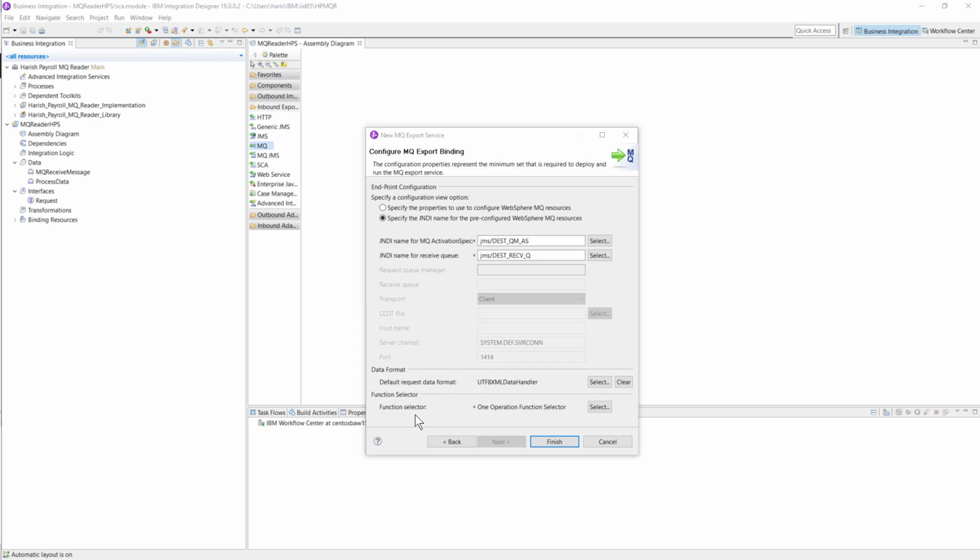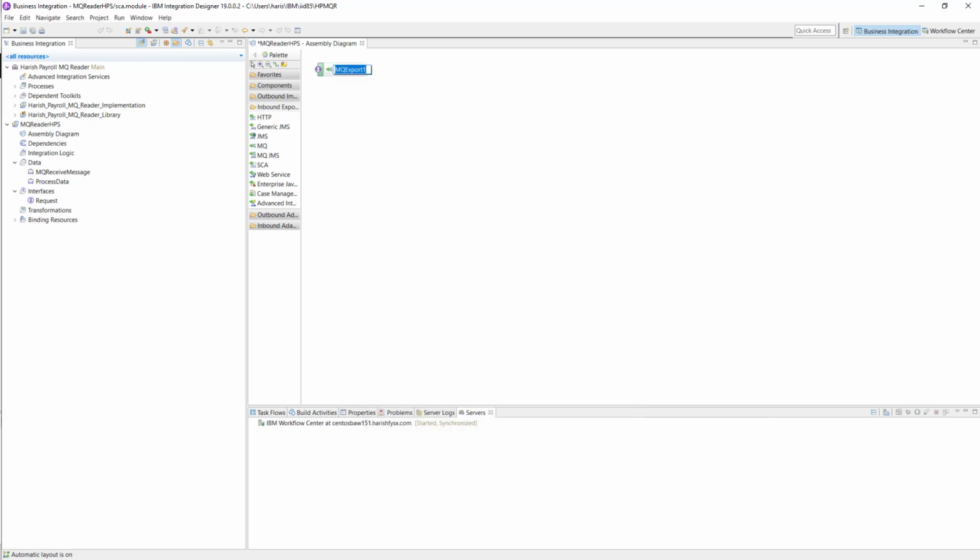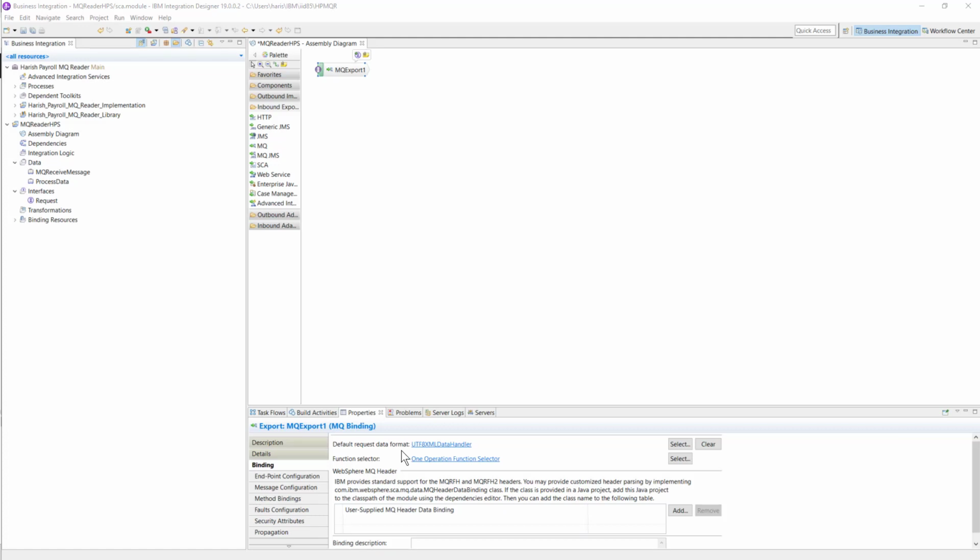And here you can see the function selector. We will use the data handler, and we will define that once you click on finish. By default it is the UTF XML data handler, but we will create our own data handler to handle the